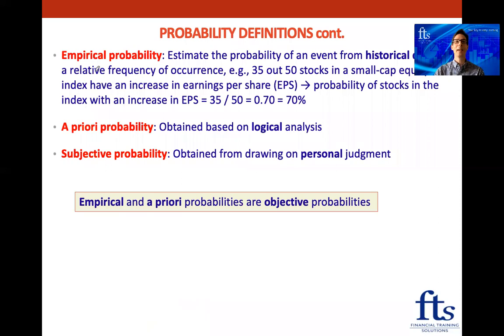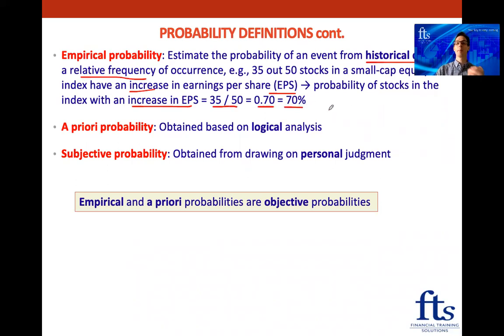And the first one is empirical probability. So this is the estimate. Here, we estimate the probability of an event from historical data as a relative frequency of occurrence. So remember relative frequency. So it's nice and easy. We've got a little example here. Let's say 35 out of 50 stocks in a small cap equity index have an increase in their EPS. So what is the probability of stocks in the index with an increase in EPS? We just take 35 out of 50 of them, which is going to be 0.7 in decimals